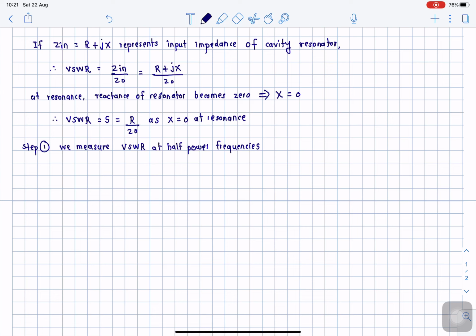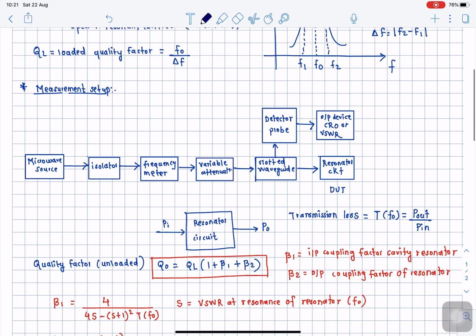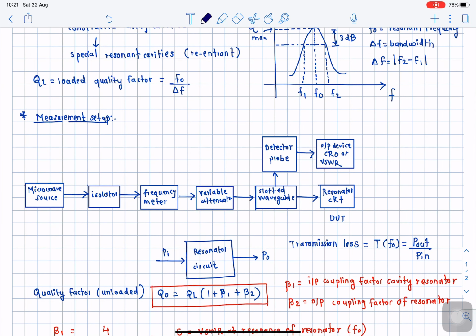Once we know these two frequencies, F1 and F2, we are going to measure. In order to measure F1 and F2, first of all, we will let the resonator resonate at its natural resonant frequency. Once we get maximum output displayed on the CRO in the form of a voltage, we start moving the slotted waveguide section on either side of the point in order to get a reduction in the voltage exactly to half the earlier value.